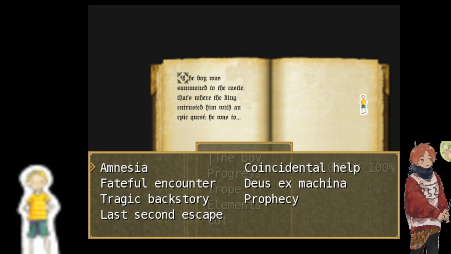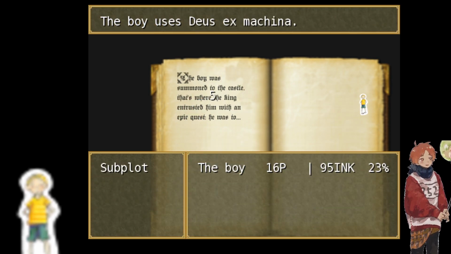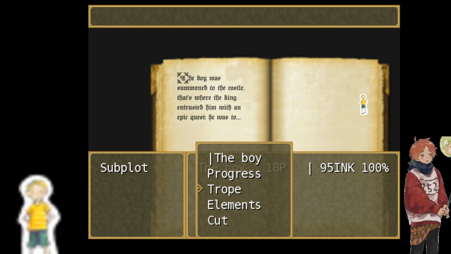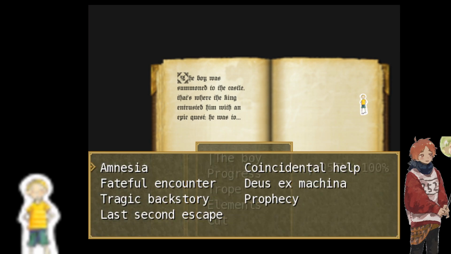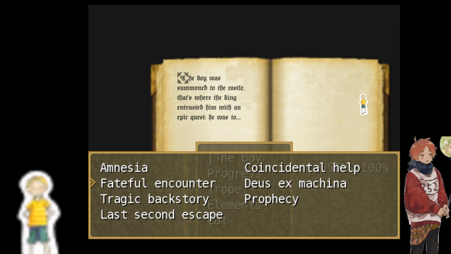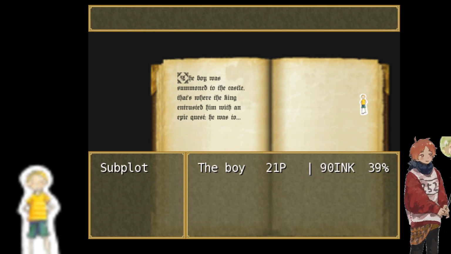Progressing doesn't need ink. Let's solve it with a Deus Ex Machina. Ah, the fateful summons to the castle. Okay. How exciting. I hurry towards the majestic structure, my heart filled with anticipation. As I enter the grand hall, the king's voice echoes through the room, entrusting me with a quest of epic proportions. I feel a surge of determination as I vow to fulfill my duty and bring glory to my name. Okay. I'll say this corresponds to Fateful Encounter.